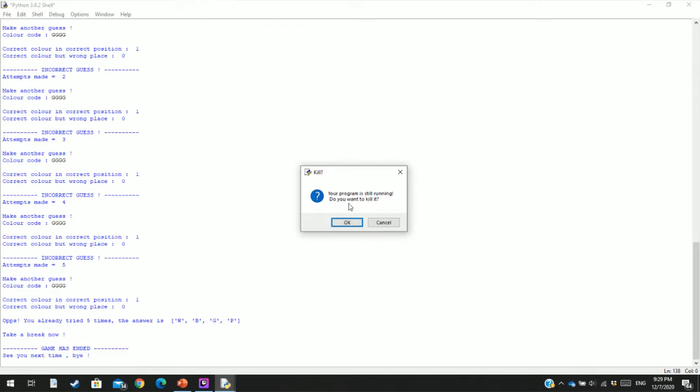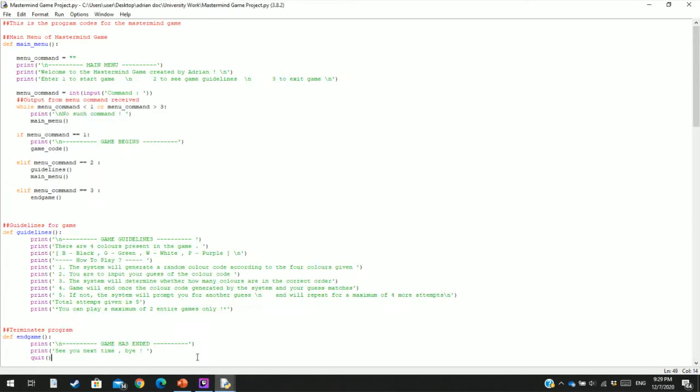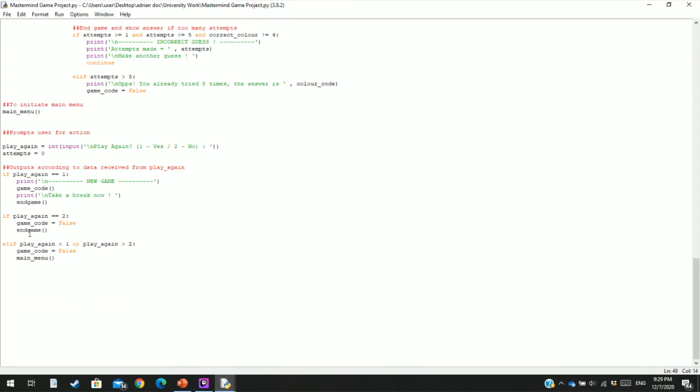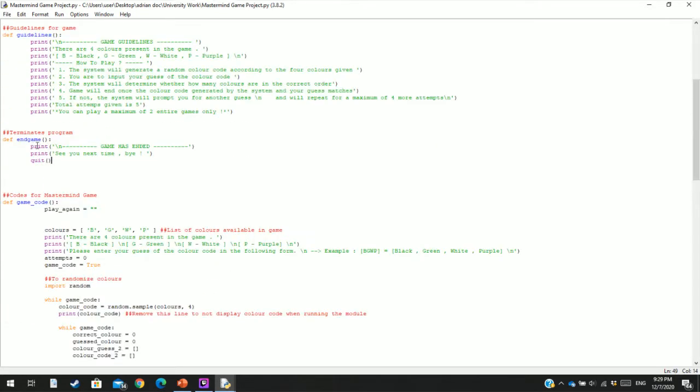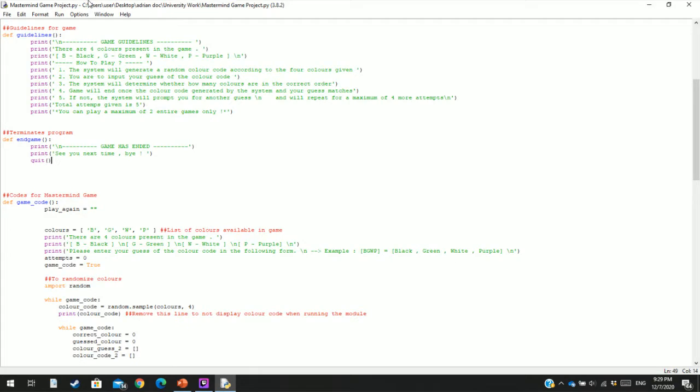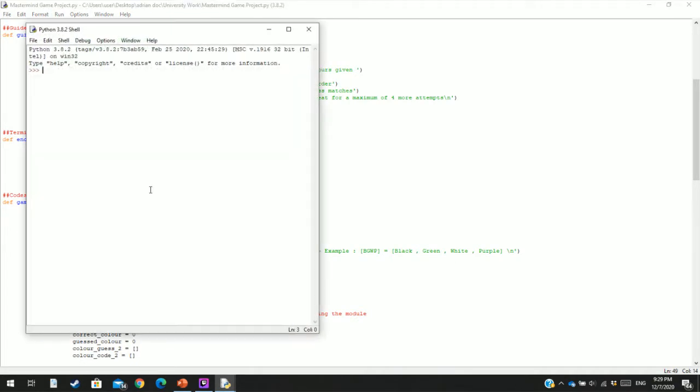The program is still running. Do you want to click? Why does this appear? It's because in my code, I have end game, which prints this section of code and automatically terminates the entire program, which is quit. So if I click yes and run it again,